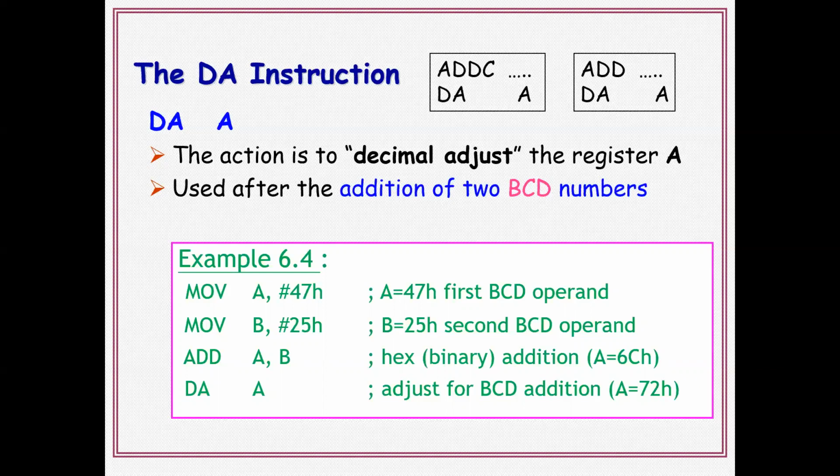So why only 6? Why not some other value? The difference between hexadecimal and BCD is only 6, so 6 is added. Then 6 plus 12 is 18. 18 can be represented as 1, 2. So 1 is propagated and 2 stays here. Already 6 is there, and 6 plus 1 is 7. Finally 72H. So it adds 6, 60, or 66H depending on the auxiliary carry, the carry flag, or the value being greater than 9.